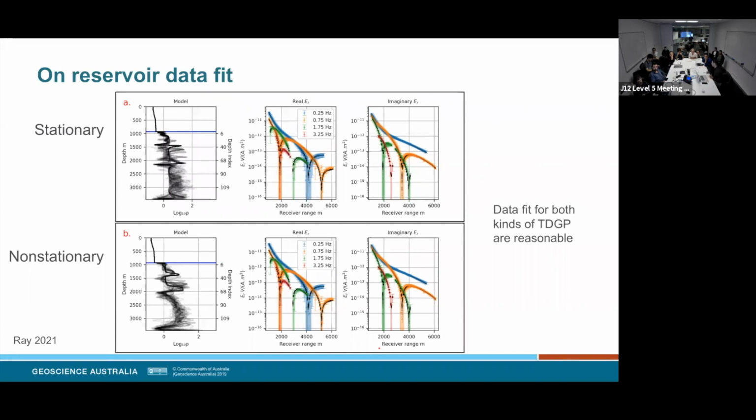So you can see waveguiding in this, perhaps. You can see notches, right? Though this is really low frequency, it's 0.25 hertz, because if you had any higher frequencies in salt water, you just totally attenuate. And it's very close to the sea surface, which is why the waveguide goes preferentially through the sea floor as opposed to the water, because it can't go through the water. I mean, it does, but it's not that much. So the data fits in both cases are about the same.